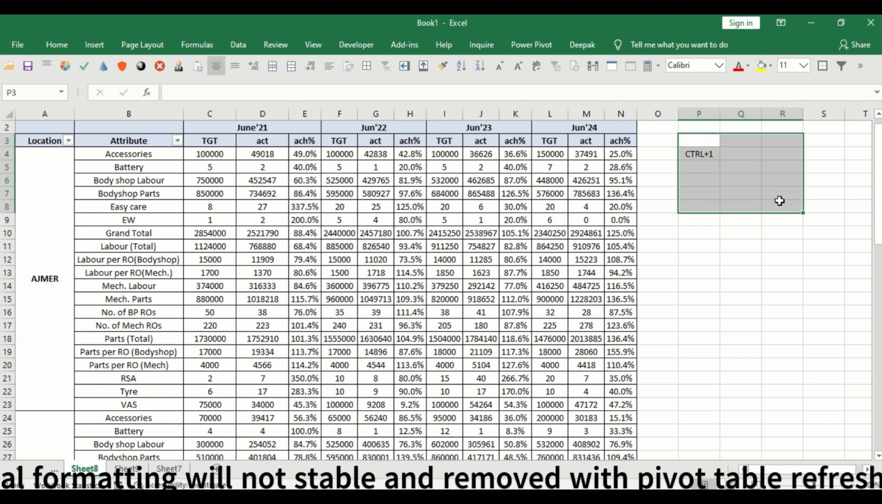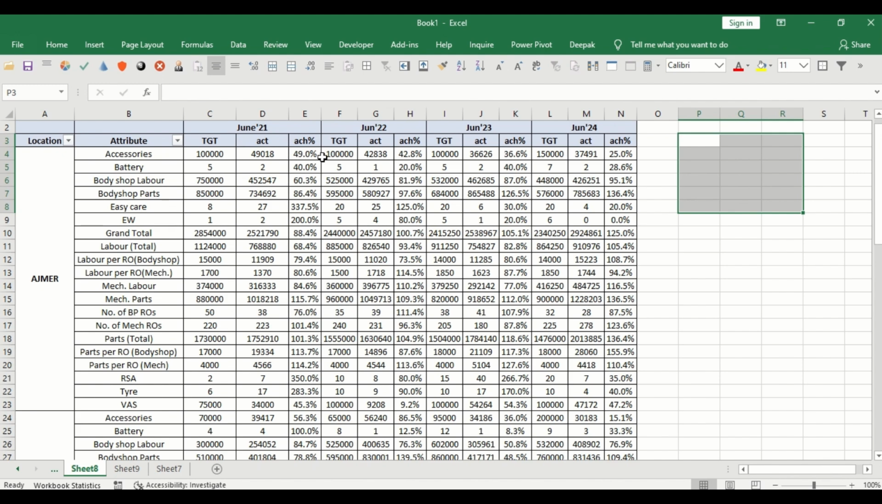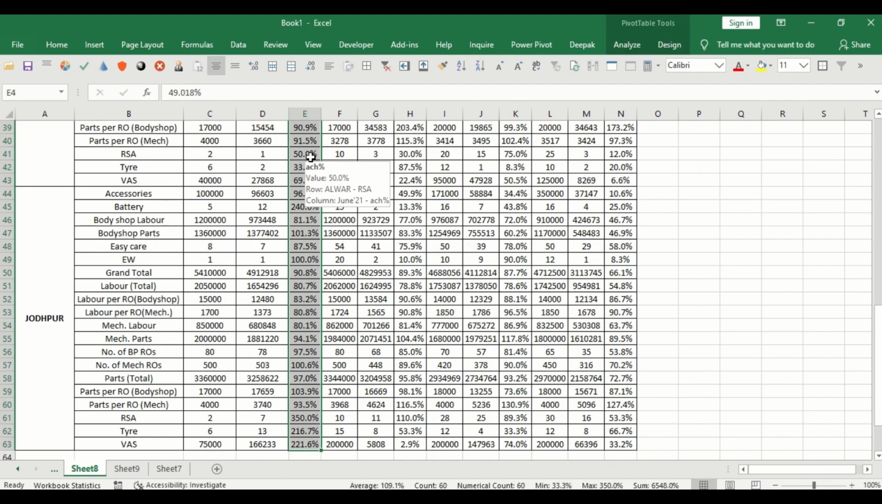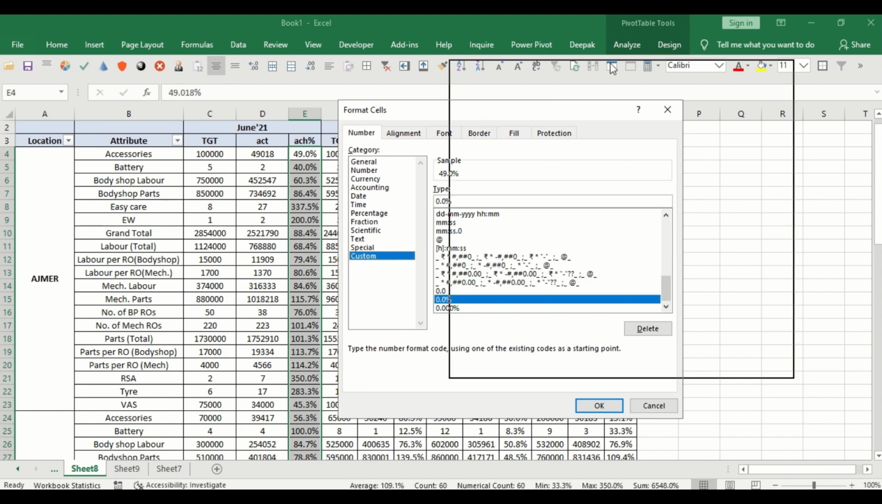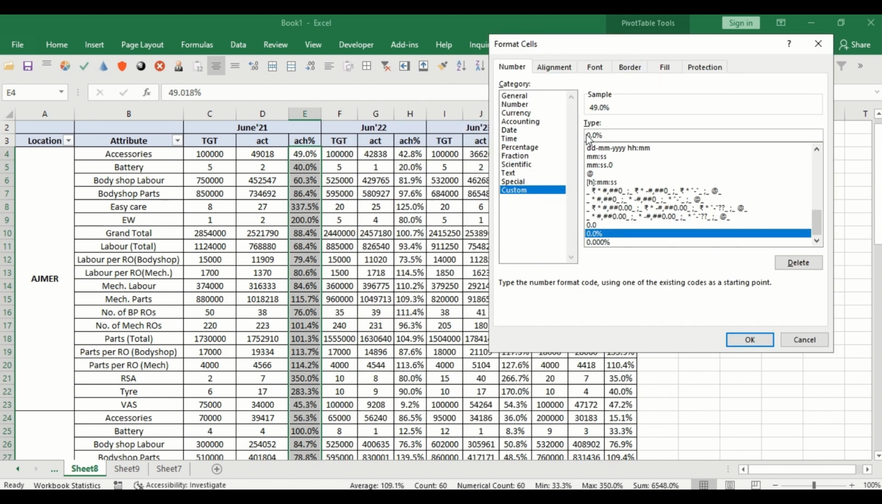Okay. Select, press Ctrl 1. Go custom. Leave it as it is. Square bracket, less than sign, 100%, then curly bracket open, press red, curly bracket close, put its value here,